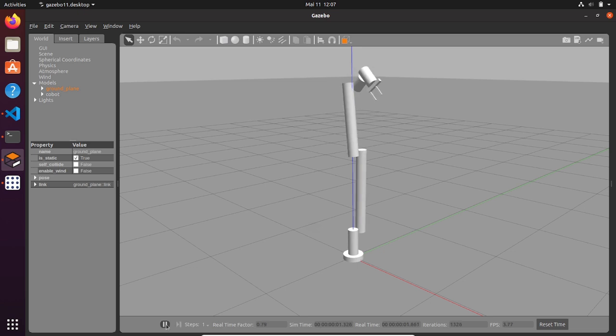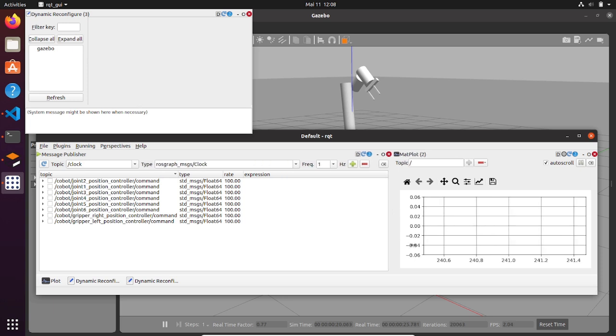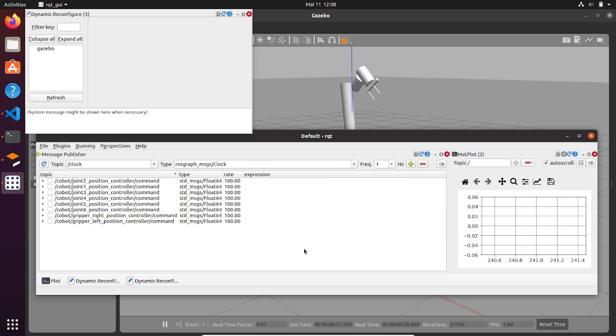So if we press play, let's see what's happened, and you can see that the gripper right is not going to the right position, and everything seems to be falling down, but it's not falling due to the controller setup of the previous joint. Okay, so we can continue our approach, and so we can send to the gripper right position controller a value